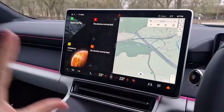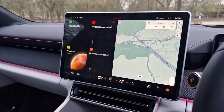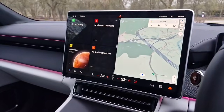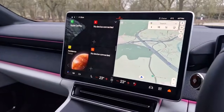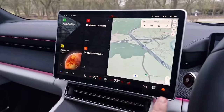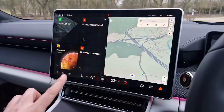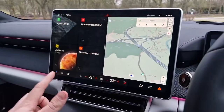Now, brilliant system, really nice, intuitive system to use. A lot of it is voice activated and a lot of it is customizable. So at the moment, we have the usual home screen. Across the bottom, we have all of these aspects here, which will always be at the bottom. They don't disappear. So things like the ability to turn on the Google Assistant, front demisters, the camera system, very